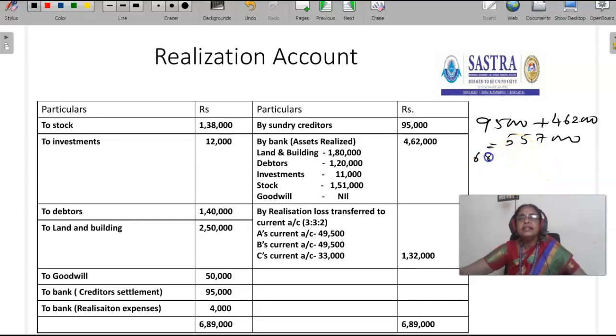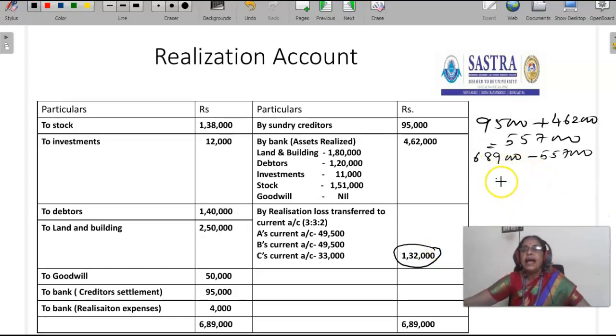Debit side total is 6,89,000. If we deduct 5,57,000 from 6,89,000, the firm faces a loss to the extent of 1,32,000. This 1,32,000 should be transferred to partners' capital account in the ratio of